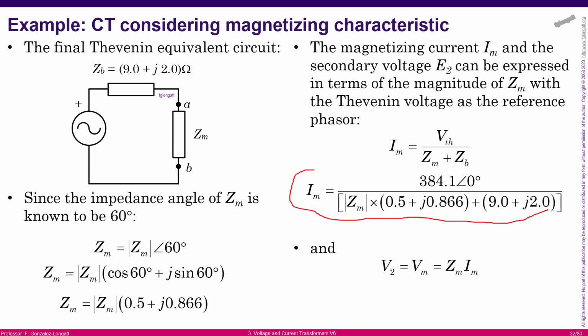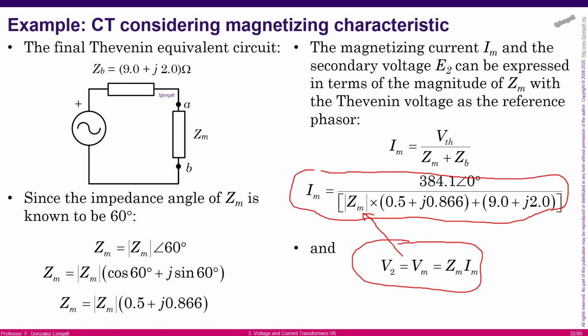this equation here and this equation here, we can combine both of them together, and then we will get a simple equation that has as unknown variable the magnetizing current. Okay,